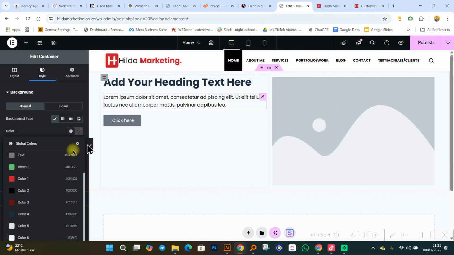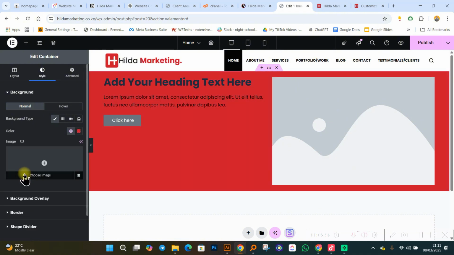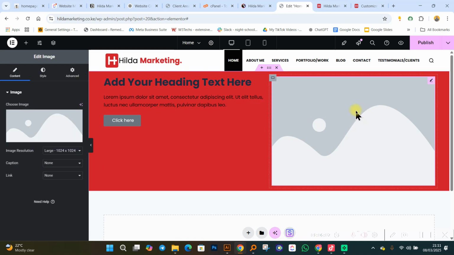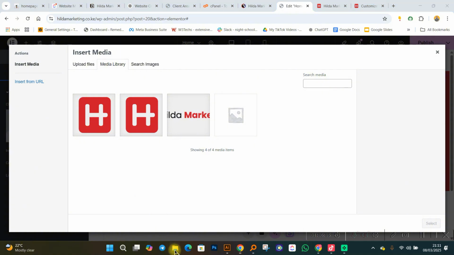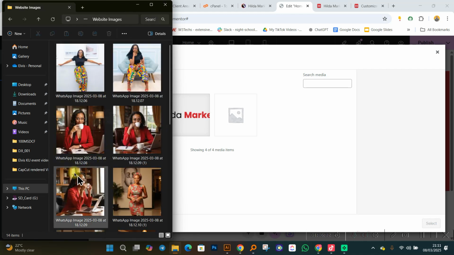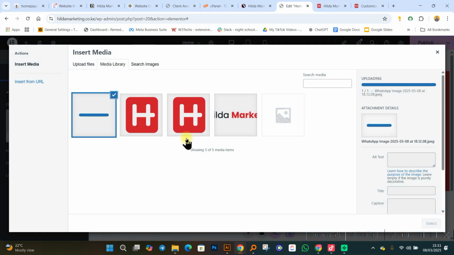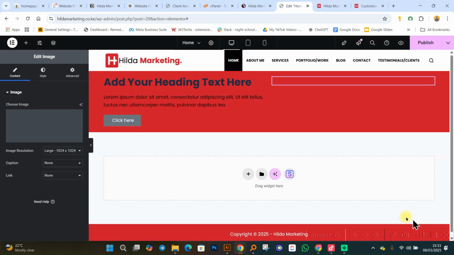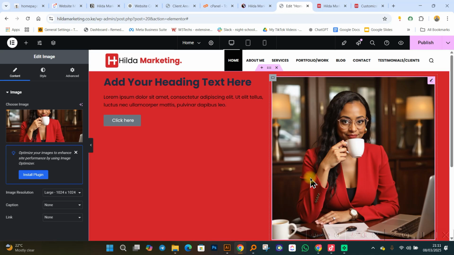So, I can probably change the background of that particular container to maybe that example of a color, all right? Like this is the color I'm going to be using. I can even select this part over here, the image. So here is where I'm able to set the image. If I select this, I can choose the image. Then I go to where my images are, and I can probably decide to select this image, drag it, and drop it like that. Then I click on select the image. So this is the image that is going to be used.